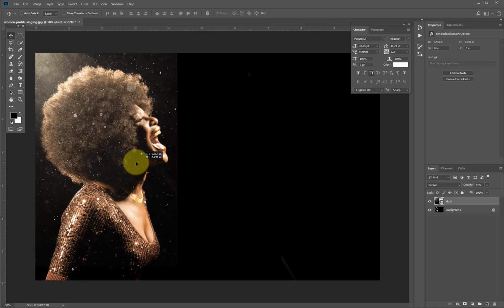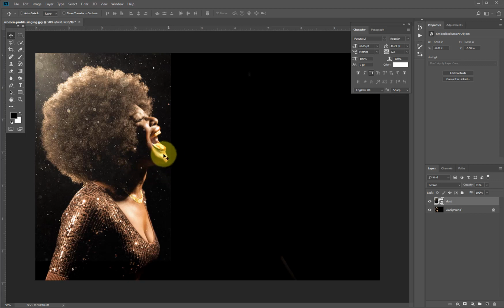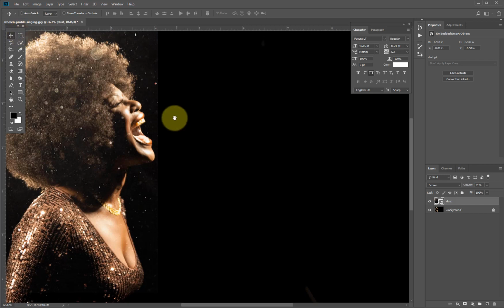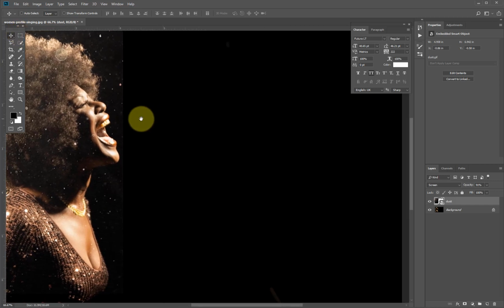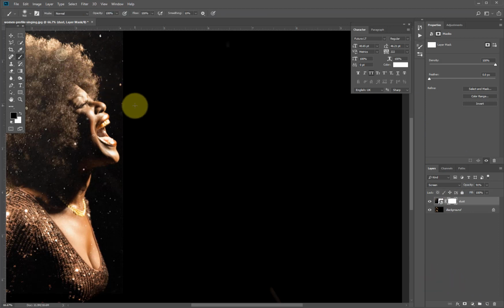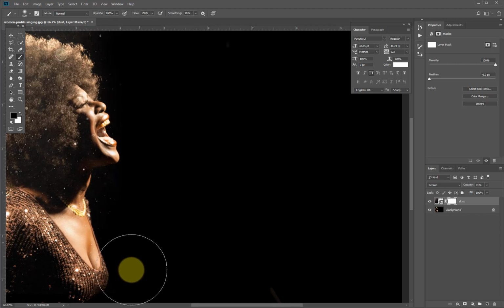All right, then push this up somewhere here, and I'll zoom in a little bit more, and I'll push it a little bit to the side. Okay, I can see some errors here, so I'm going to mask this and click on brush, reduce the size of my brush with the square bracket. So I'm going to brush till I get here. Okay,